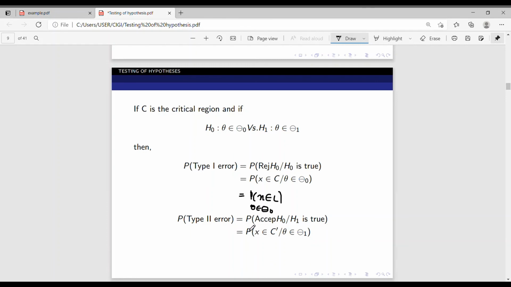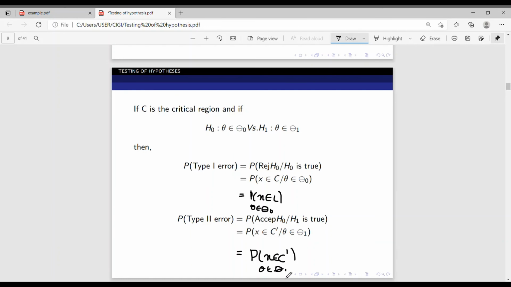So, probability of accepting H0 given H1 is true. We accept H0 if the sample point lies in the acceptance region, x belongs to C dash. Given H1 is true, we have theta belongs to theta 1. So this can also be written as probability of x belongs to C dash given theta belongs to